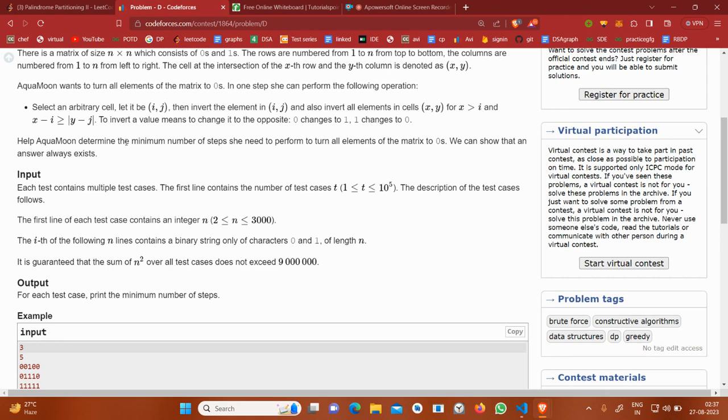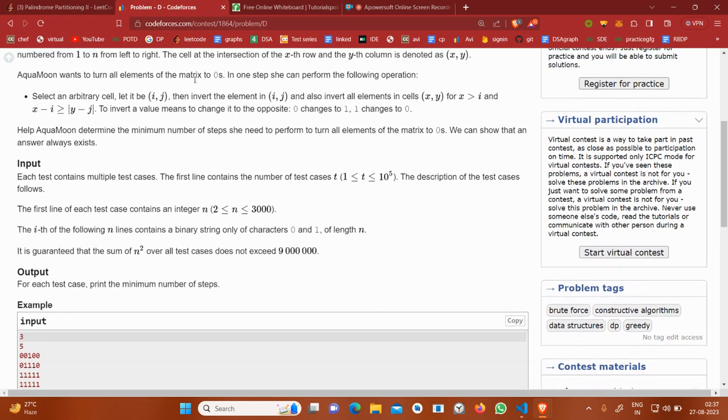Aquamoon wants to turn all elements of the matrix to zero. Basically, our goal is to convert every element of the matrix to zero. And for this, obviously, we would have to perform the operation. And in the operation description, we have been given that